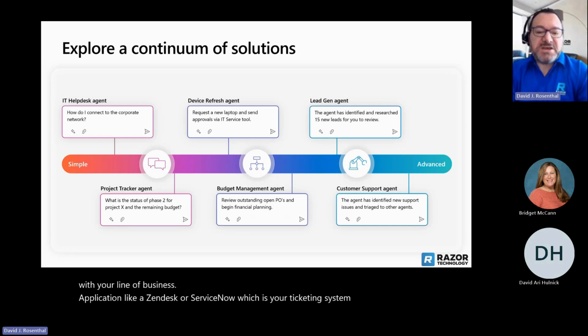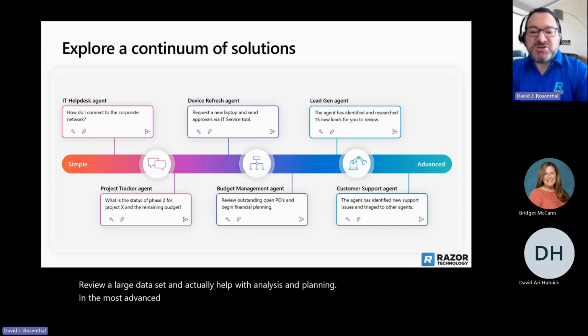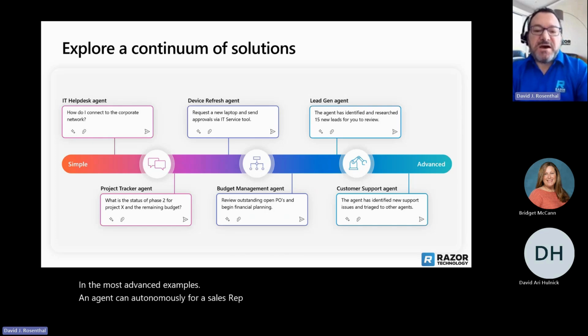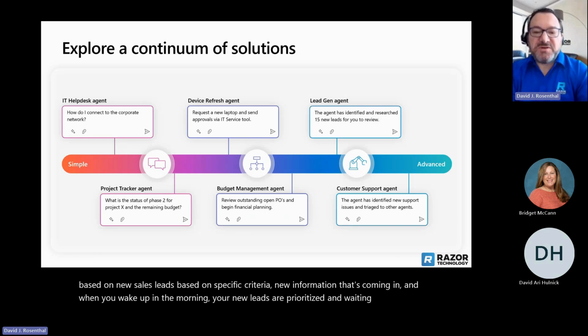Or in the finance area, review a large data set and actually help with analysis and planning. In the most advanced examples, an agent can autonomously, for a sales rep, for example, research and identify new sales leads based on specific criteria, new information that's coming in. And when you wake up in the morning, your new leads are prioritized and waiting for that salesperson right within